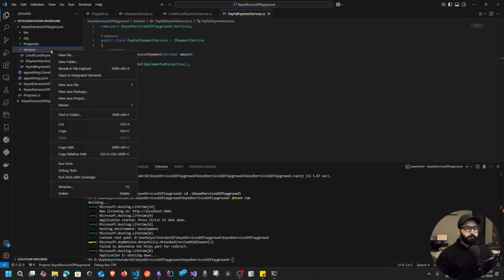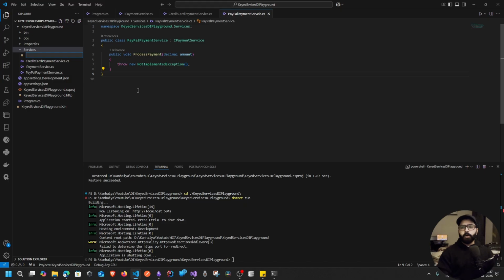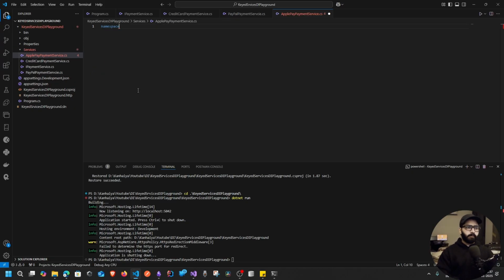And one is your, what name should we give, UPI or Apple Pay? Just go with Apple Pay. ApplePaymentService.cs, namespace, and this would be your Services, public class